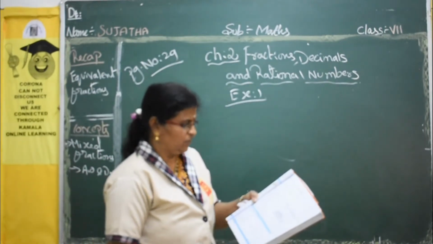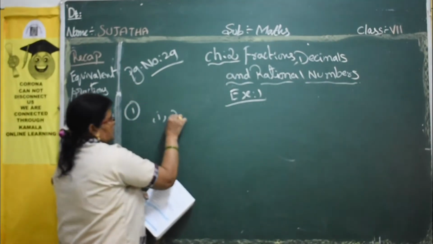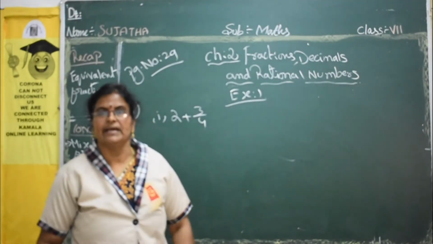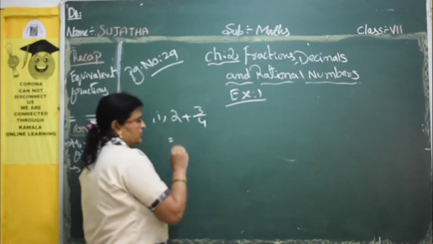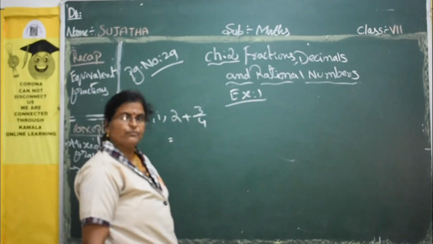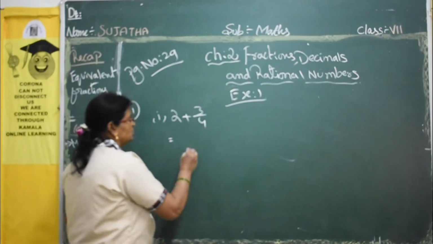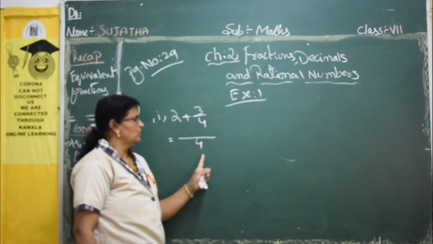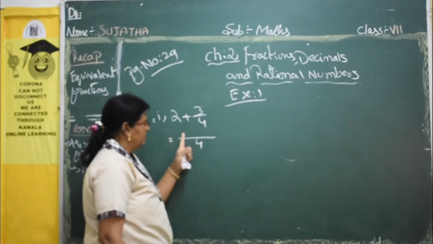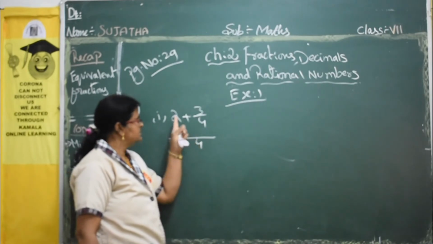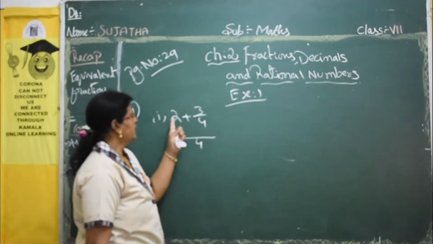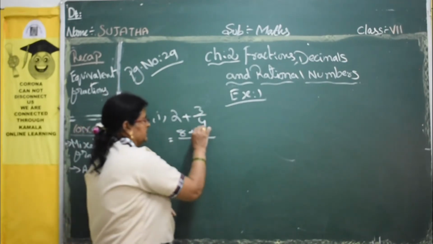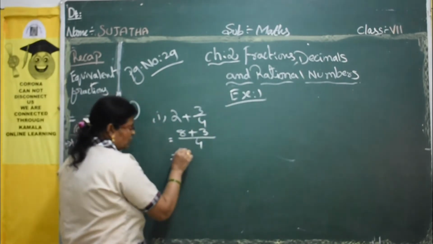First sum, first bit: 2 plus 3/4. You should write 2 plus 3/4 as a mixed fraction. So how can you write it? Directly I can write 2 3 by 4, but how will you get that? You should know, no? So take the LCM 4. Here there is no LCM, 1 will be there. 1 and 4, LCM is 4. In the 1 table, how many times will 4 come? 4 times. Otherwise you can directly do the multiplication. 2 4s are 8 plus, in the 4 table, 4 will come 1 time, 1 3s are 3. Now 8 plus 3, how much? 11.